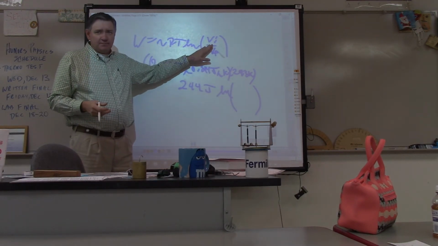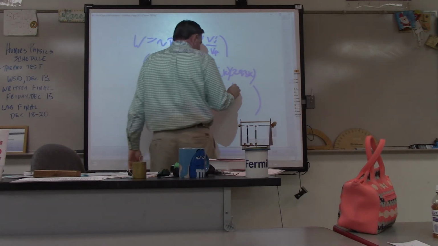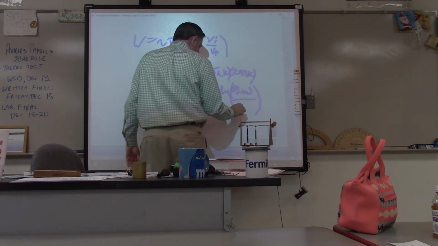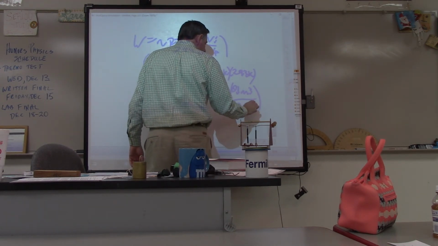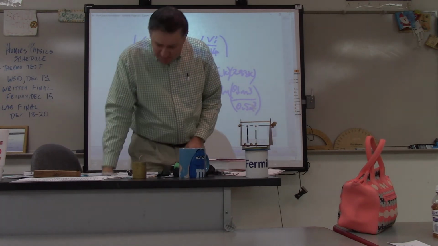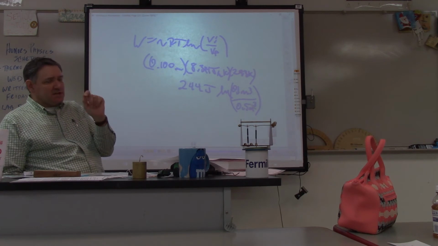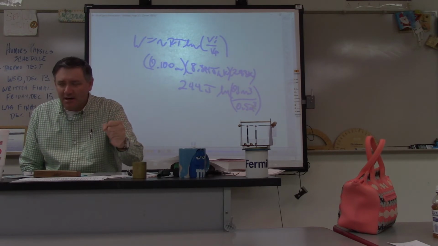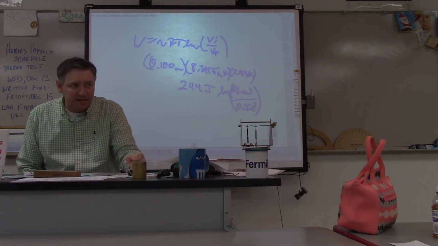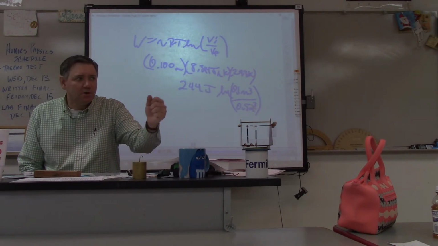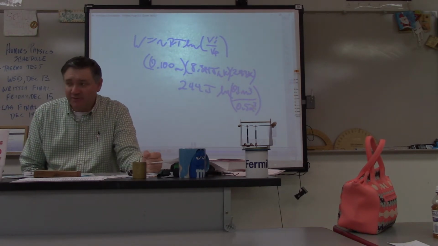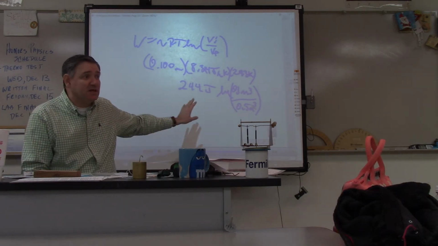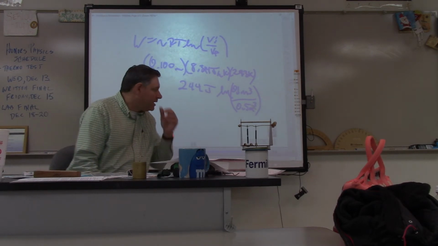Now, notice this is volume initial over volume final. What was my initial volume? 0.1 cubic meters. My final volume is 0.5 cubic meters. Now here's what's important. This is absolutely vital that you understand in terms of sign. I cannot emphasize enough the importance of signs when it comes to thermodynamic calculations. If you thought I was nuts about signs doing velocity and frame of reference, you haven't seen anything until you get to this.